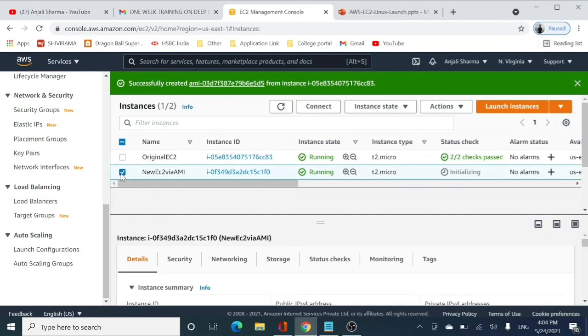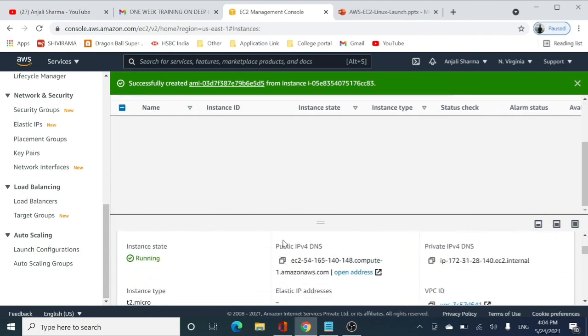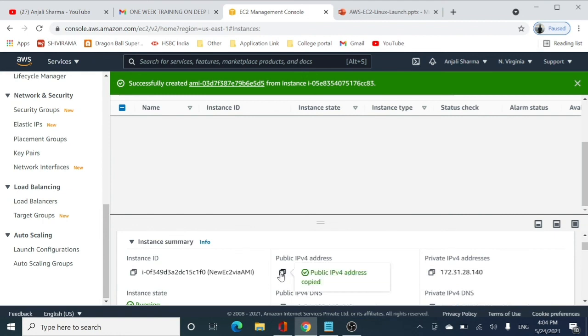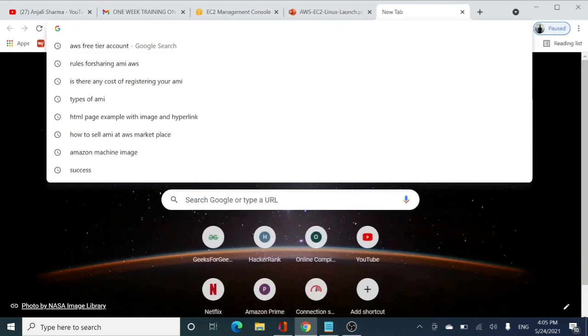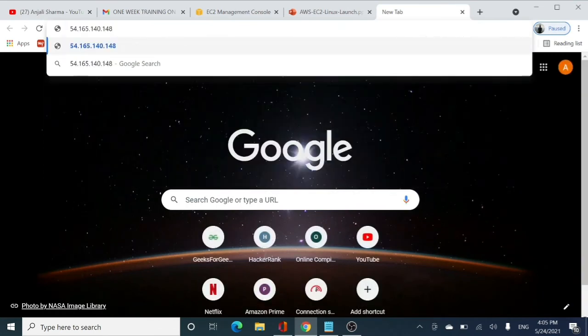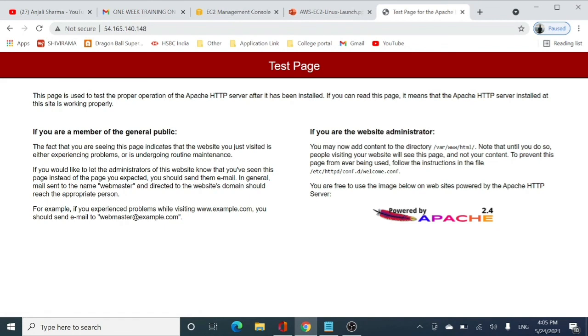I will click on this particular EC2 instance and go to the public IP of my EC2 instance, going to the new URL, and I shall check whether the Apache test page is here or not, and you can see that the Apache test page is installed perfectly.